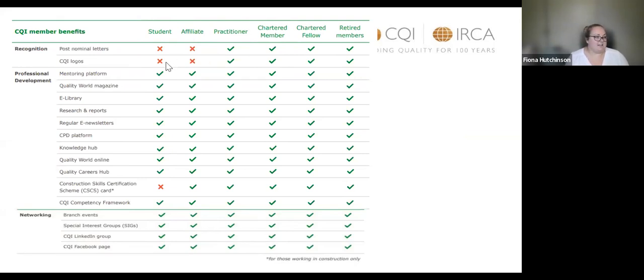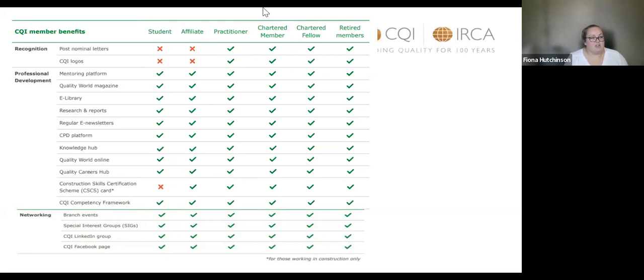But then as a student, an affiliate and all the other grades, you also get access to the mentoring platform, the magazine, the e-library, the careers hub, and all of our networking. So our branch events, our special interest groups, and all that good stuff.